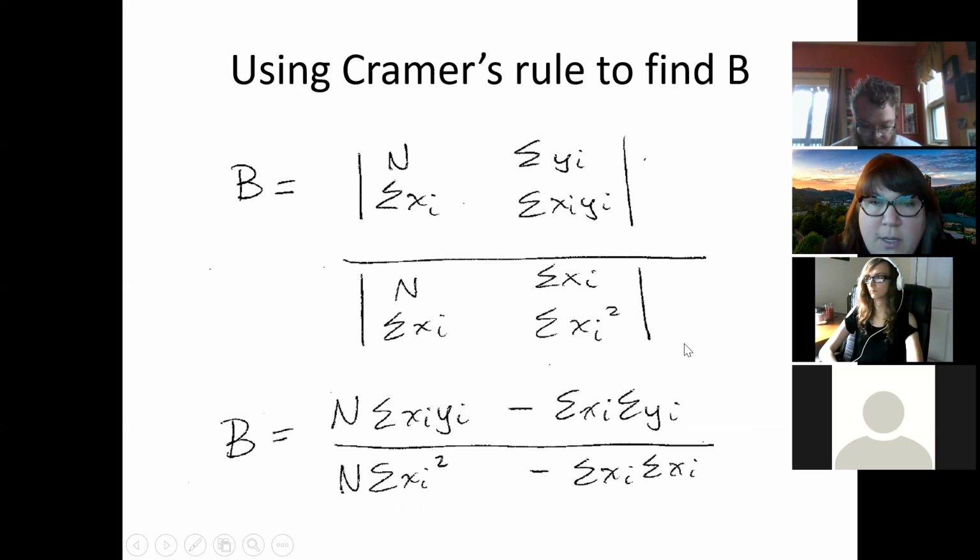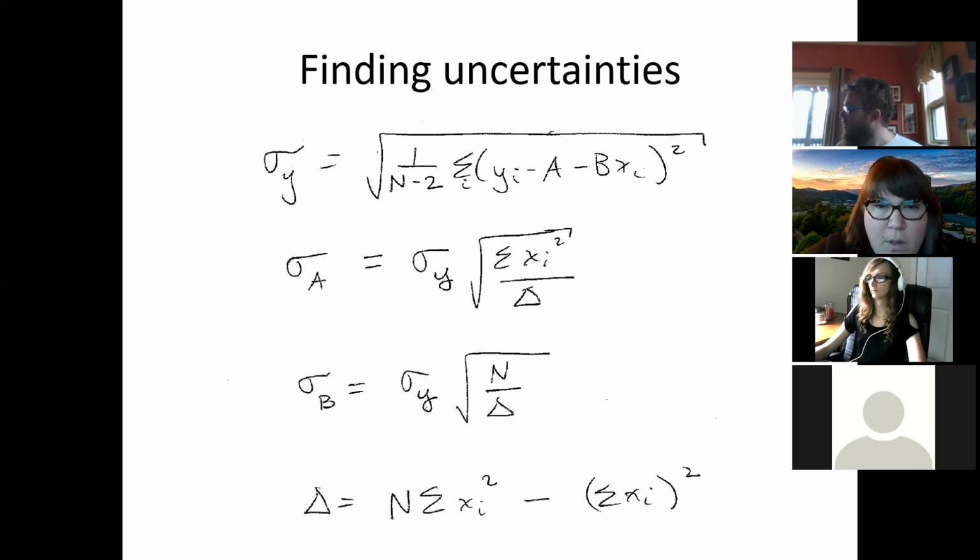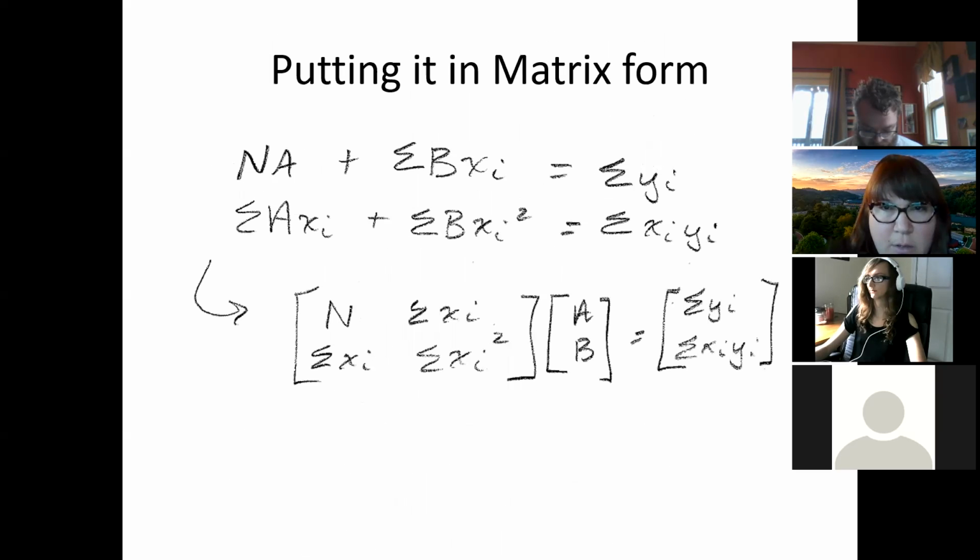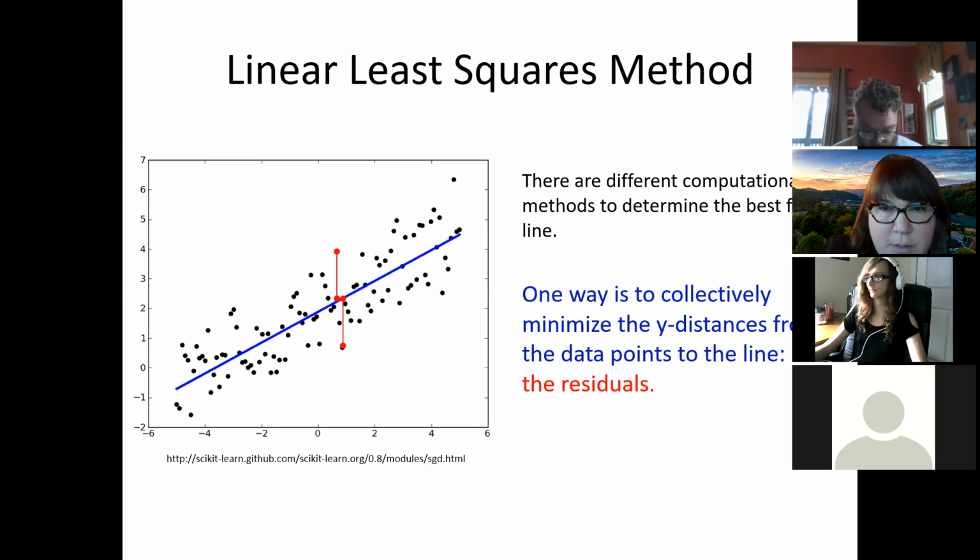We find those determinants the same way, and we end up with this expression for b as a function of all known things. Not a function, as you know, for every y sub i, you could find b. Okay, we also can find the uncertainties of our A and B quantities. But let me go back and just reiterate